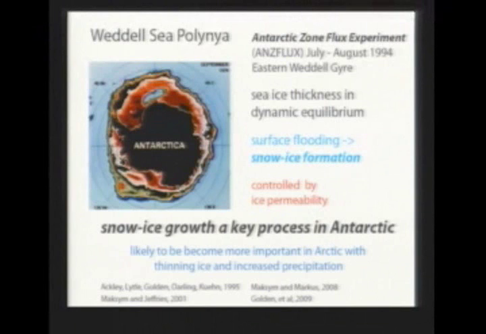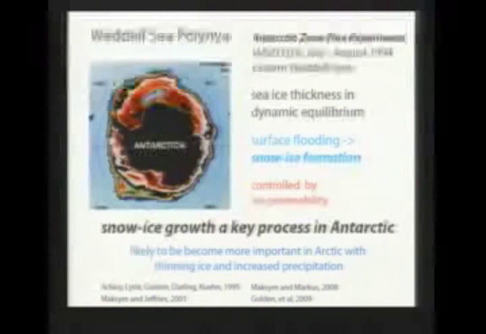However, we saw a seemingly stable 50-centimeter ice pack, even though it was being melted at the rate of about 5 centimeters a day during storms. It wasn't going away. It was stable. And what was happening was a surface flooding phenomenon, where you get snow loading from snow piling up on the surface, pushing it down, creating a pressure head, and then seawater percolating up to flood the surface. And you see this all over the Antarctic. This is a very important process that actually